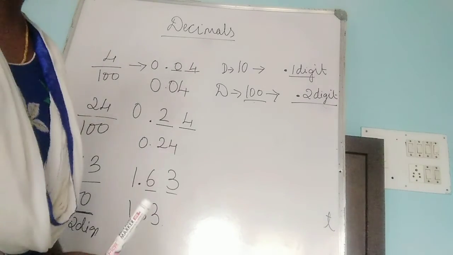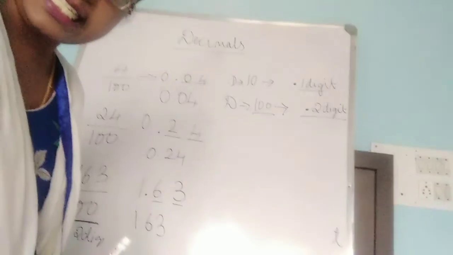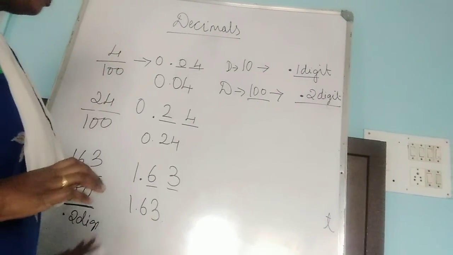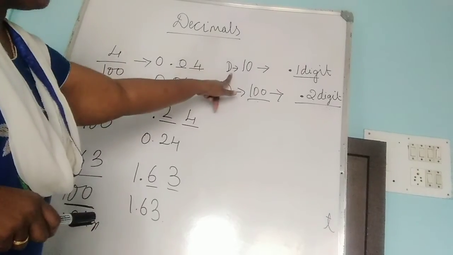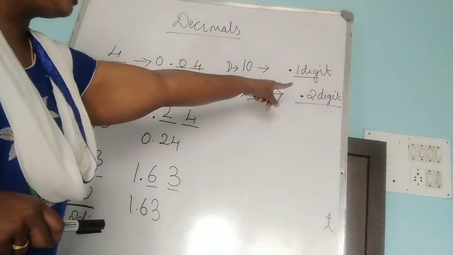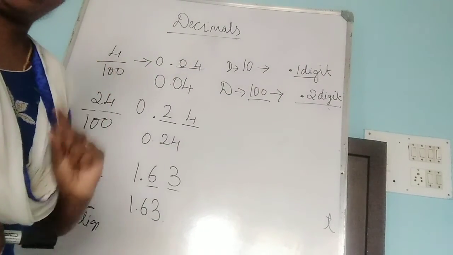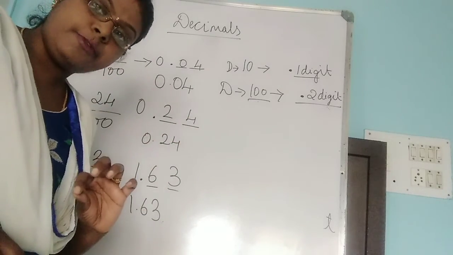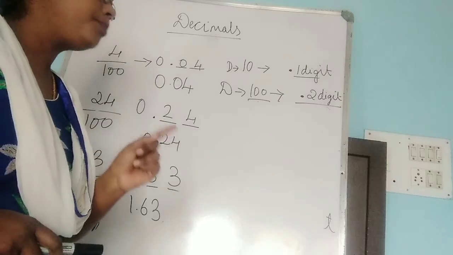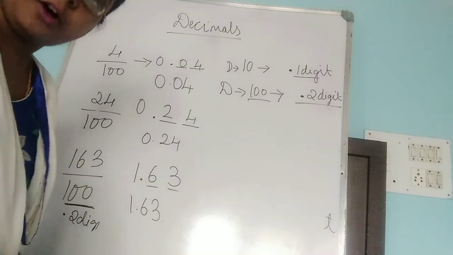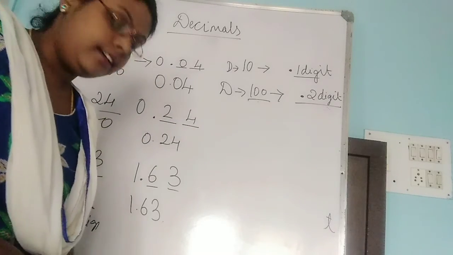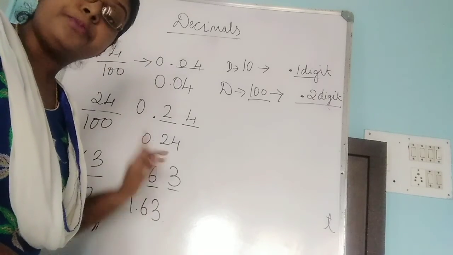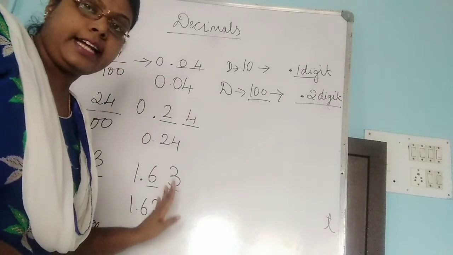These were the things which we discussed in the last class. Hope you understood this concept. Wherever the denominator is 10, in converting to a decimal, after the point you should put one digit. Wherever the denominator is 100, when you convert it into a decimal, after the point you should have two digits. This is the concept we learned in the last online class; the same thing I have explained in the recorded video. Please watch the recorded video and understand the concept.